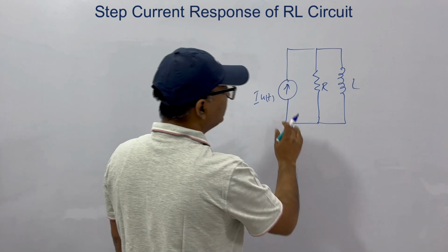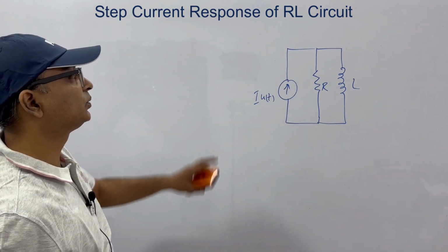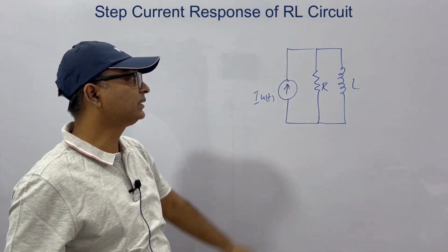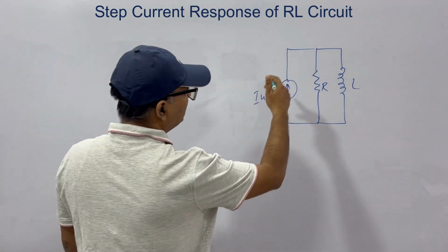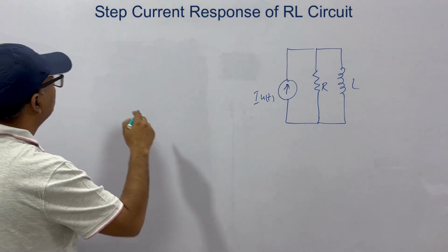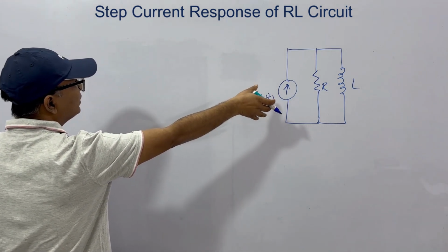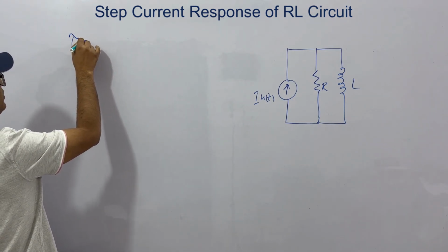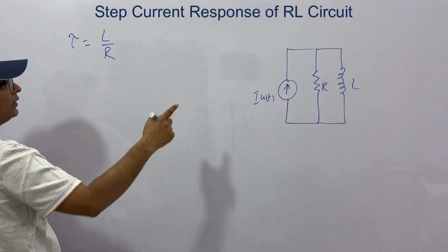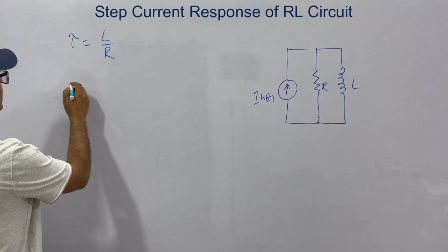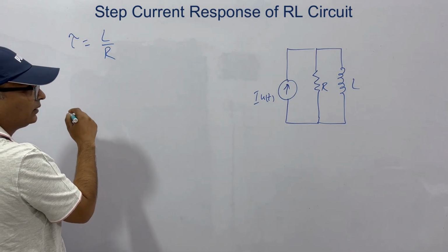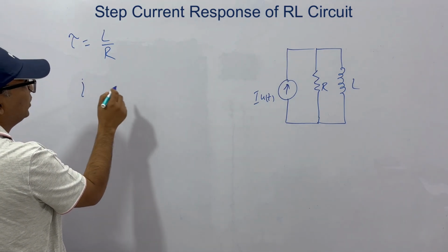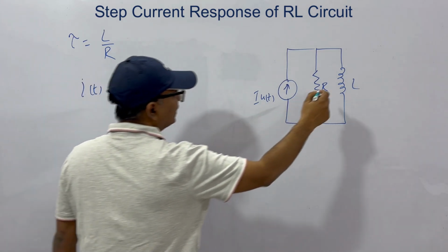That is, for t less than 0 the current is 0. So instead of a switch, we have used this function to show that at t equal to 0 the current has started flowing. We know that for the RL circuit, the time constant tau is L by R. Therefore, as we analyzed in the series circuit, the current passing through the inductor, i(t),